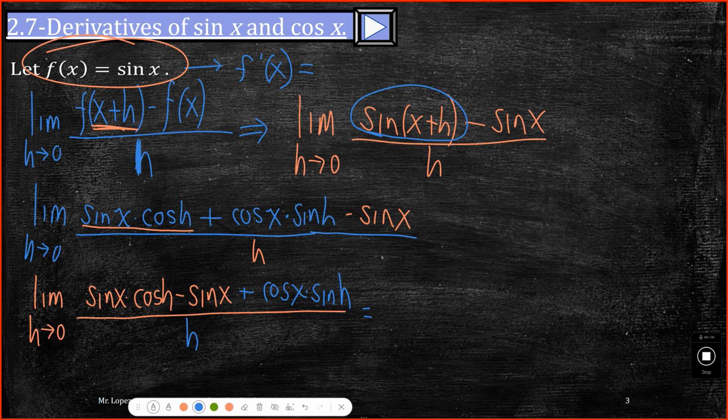I'm gonna keep these together and then divide it by h, and then I'm gonna keep this by itself divided by h, separate them. That is allowed. It's fine. So what I'm gonna do is this: limit as h approaches 0 of sine x cosine h minus sine x over h plus,